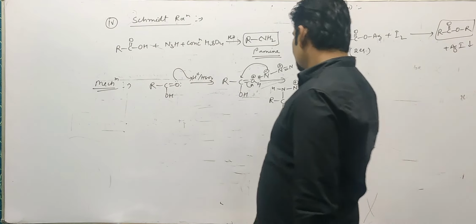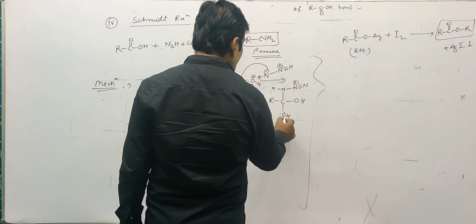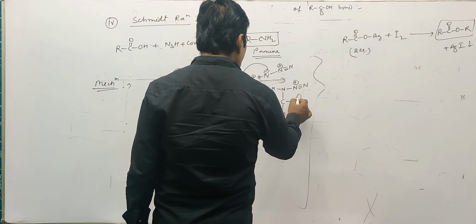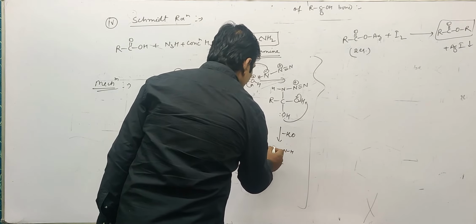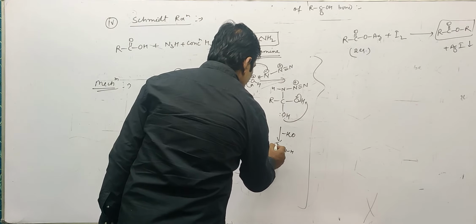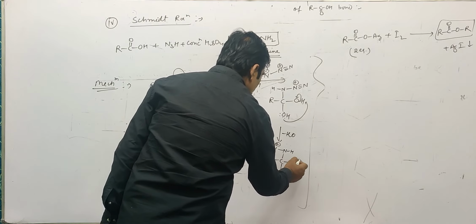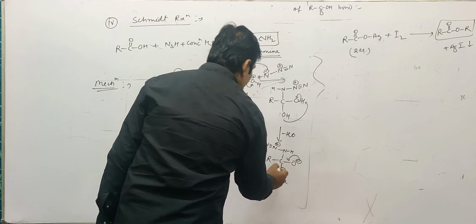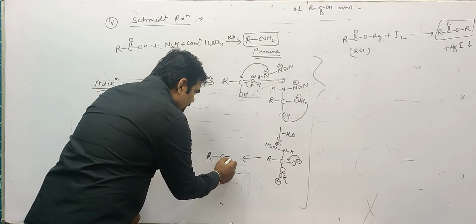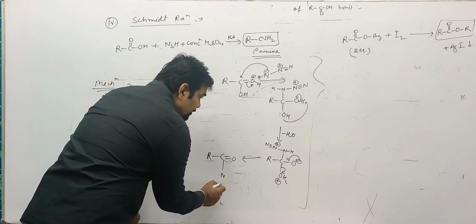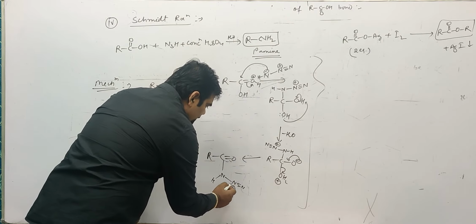Then further there is elimination of a water molecule from this place. It will become RC NH, over here N triple bond N, this is plus. At this place there is O minus, over here OH2 plus. This O minus will return back, this bond is transferred because H2O plus is a good leaving group. So this will become RC double bond O, at this place NH, there is N triple bond N, this is plus.